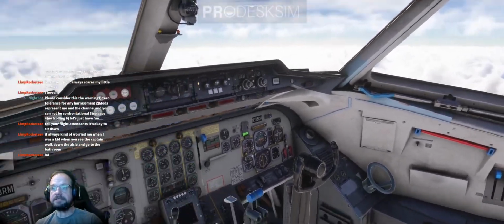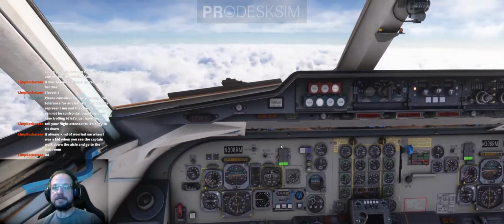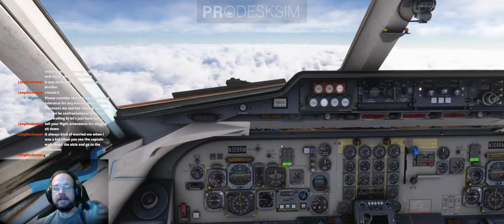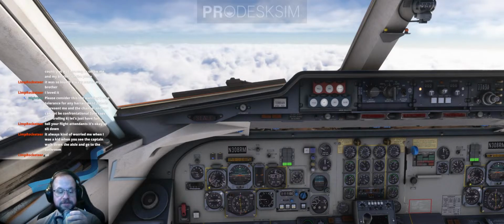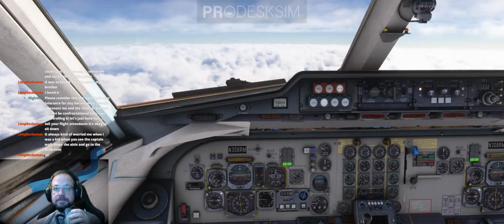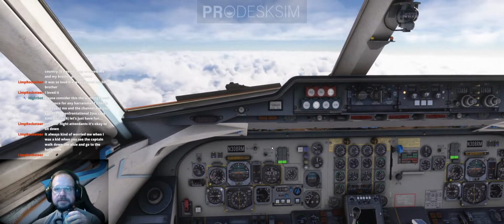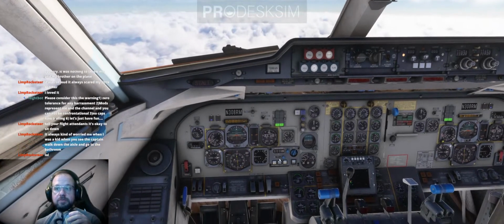I tell you what, I've done a couple flights in this thing so far. Maybe put about 2 hours in the cockpit here. And like I said, I didn't fly the first version, the 2020 version. I never got it. It's just one of those planes that I never picked up. But this is a lot of fun, and it's actually making me look forward to the F70, F100 series, which is a little more modern